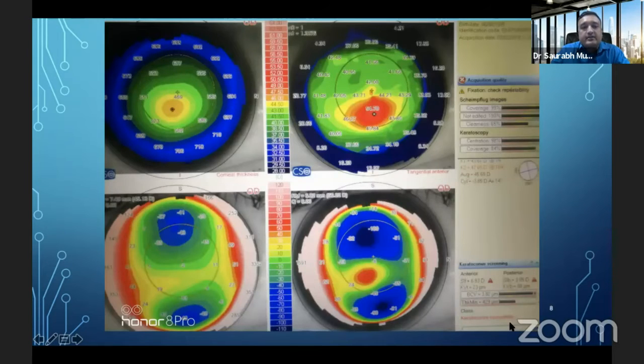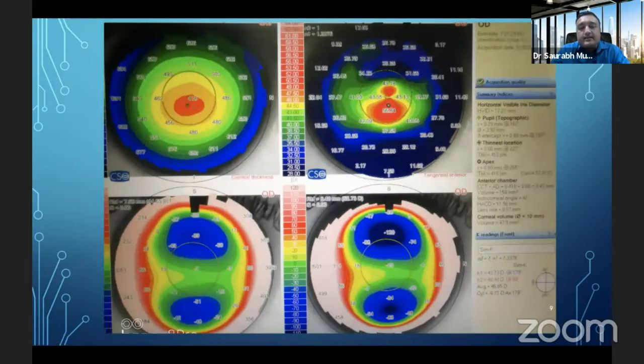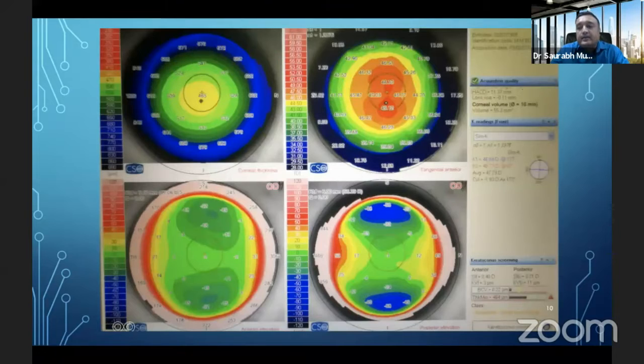Here, this is a straightforward case of keratoconus where the posterior elevation is also showing a red mark. So this is a straightforward case of keratoconus, straightaway rejected for LASIK. You can go for C3R or any other options depending on progression. This map is not showing the posterior elevation redness, but again, it is a keratoconus patient with a thin K and a steep K. This is a little dicey one.